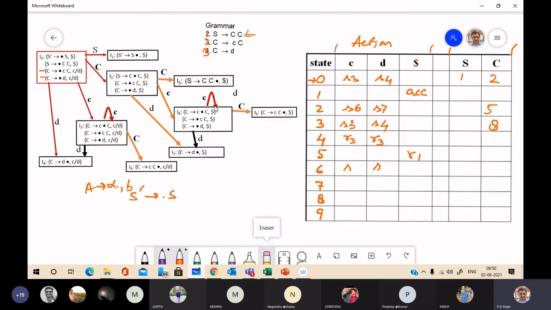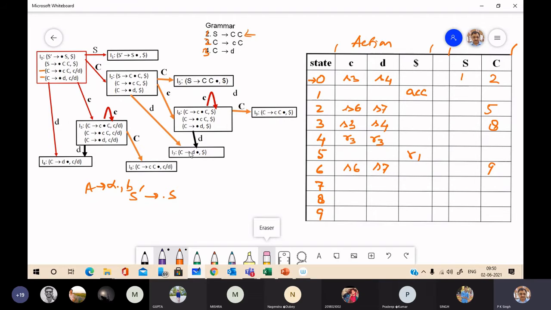Where to shift? For C, on C itself, so it is 6. And for D, it is 7. We have a non-terminal C, so go to I6 on capital C is I9. So here you have 9.